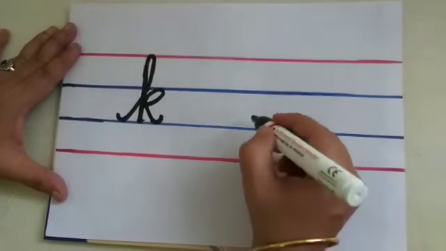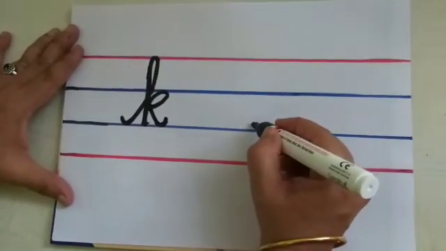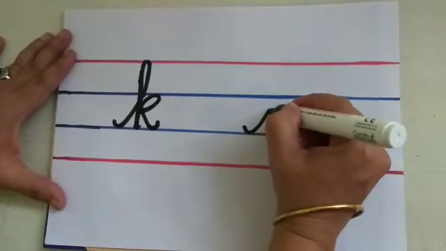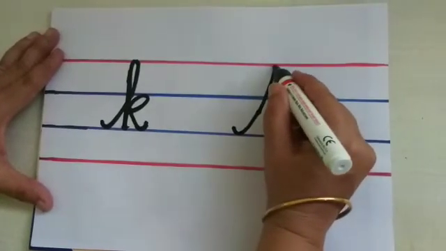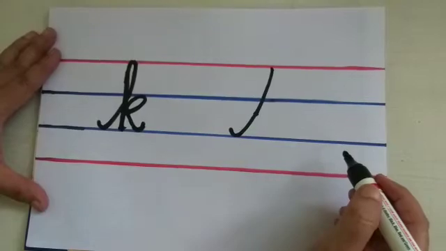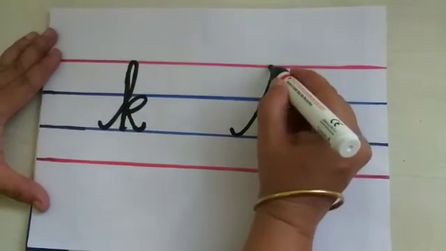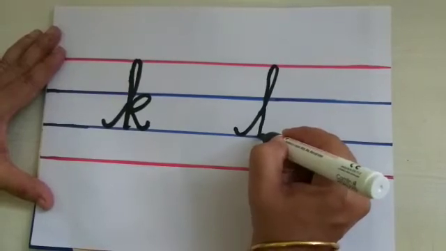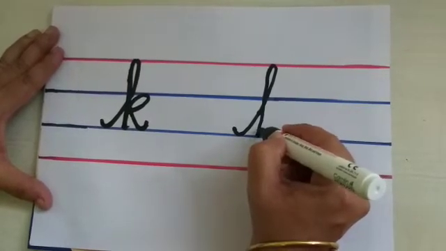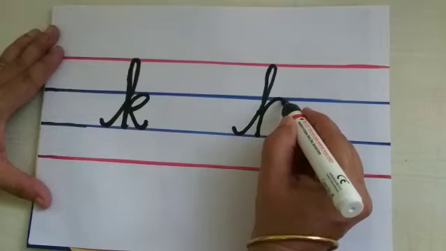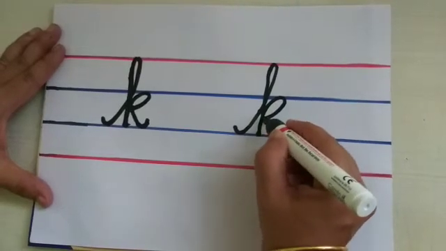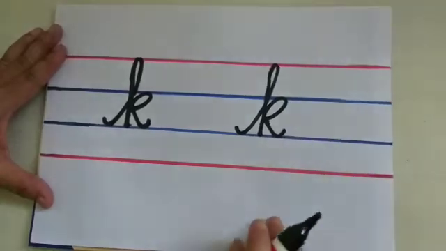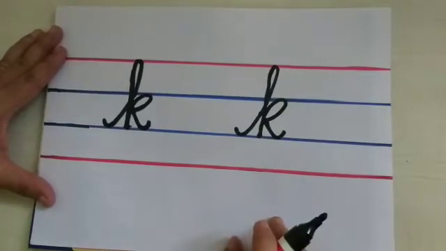Once again we will write. Make a small curve. Go up to the first red line, children. Like a slanting line you have to put. Now turn back. Come down to the third blue line. Now again go up. Make a round like that. One slanting line and a small curve. This is small cursive K.